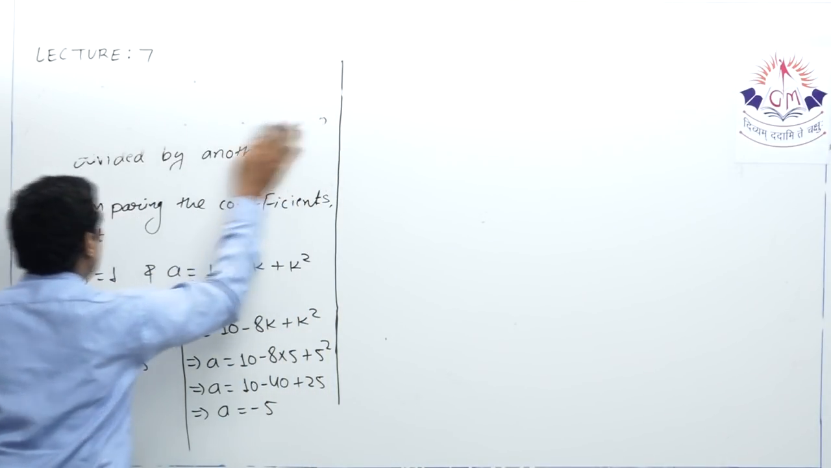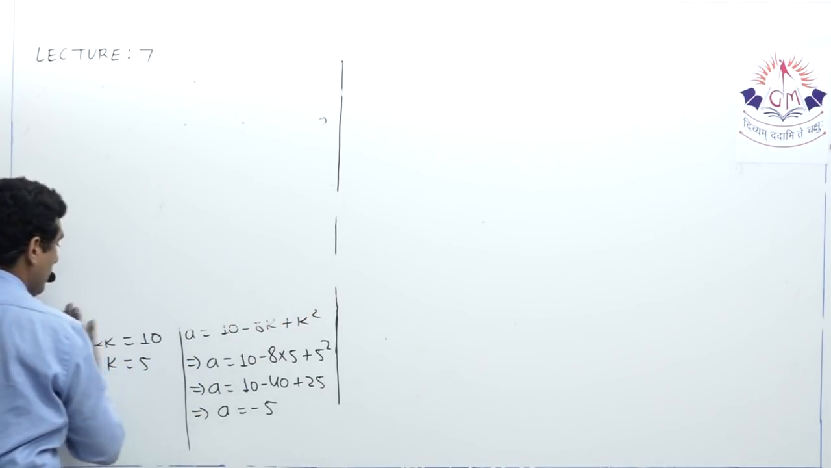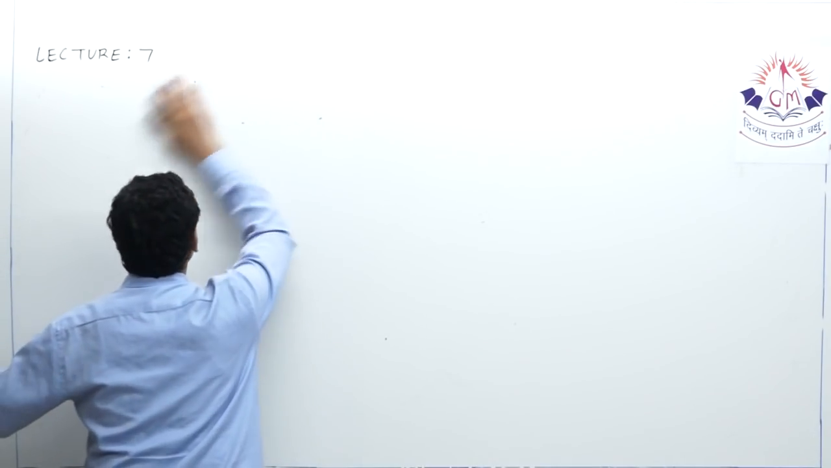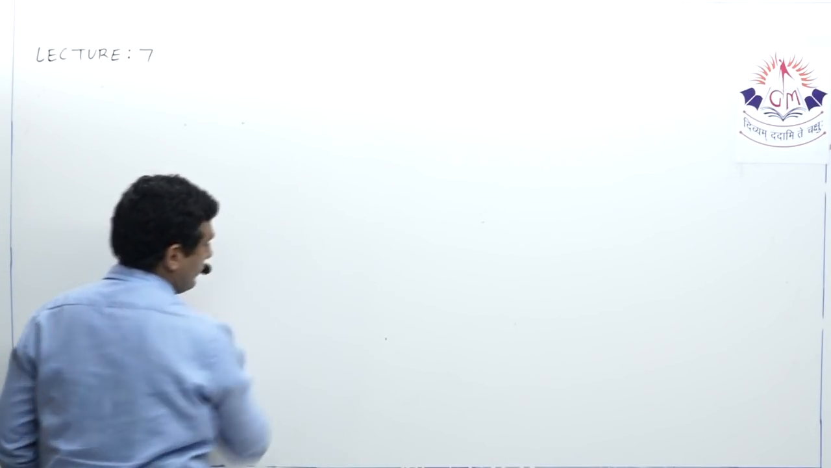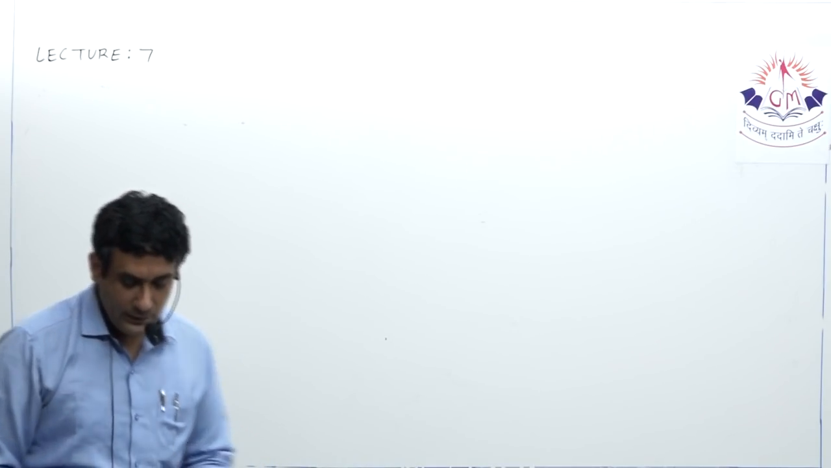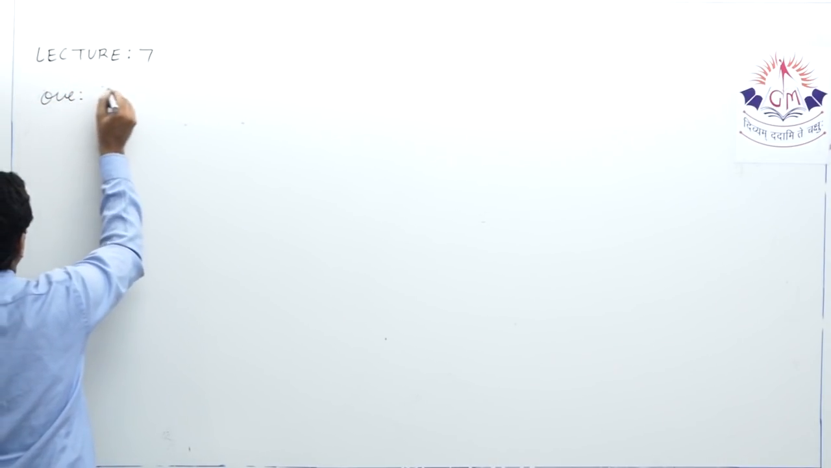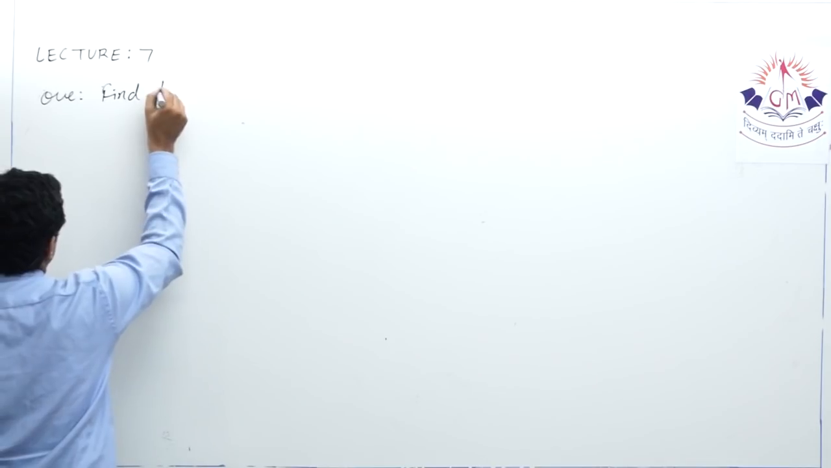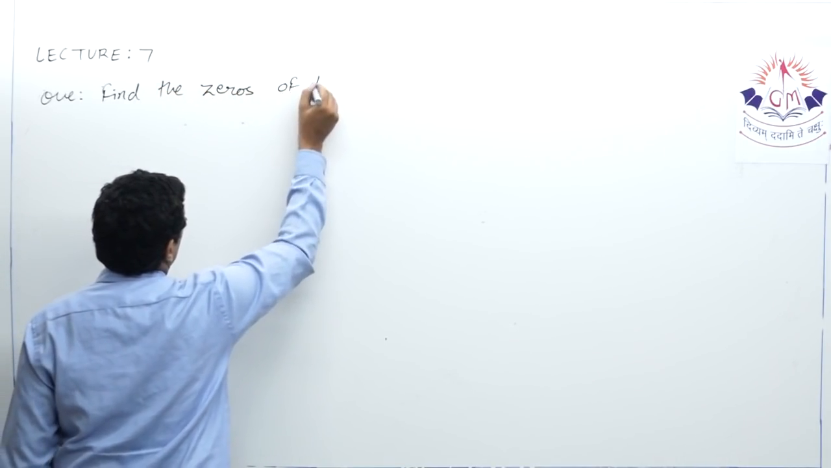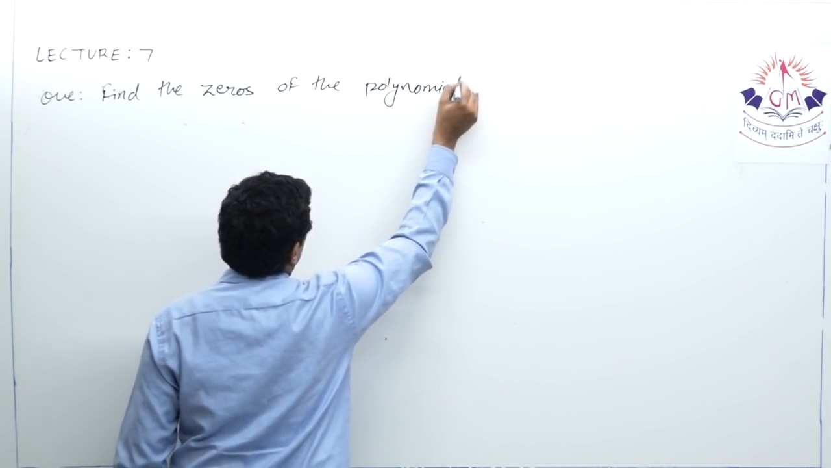Okay, now we'll see one question on the cubic polynomial and its properties. Properties, that means relation between the zeros and its coefficients, but the question is based on a cubic polynomial. So the question is, find the zeros of the polynomial